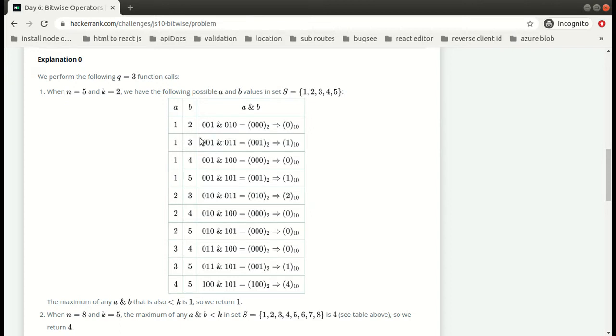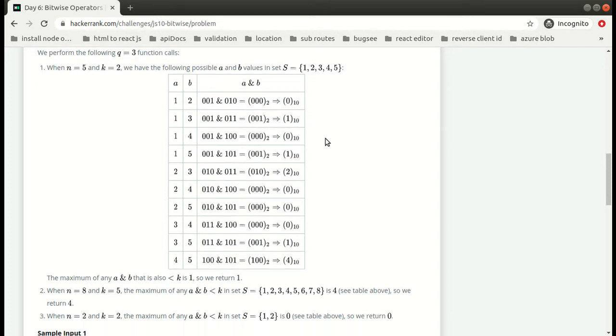Now if we have a look over here, we have this as 1 and this as 1, so the result will be 1, and these two will be 0. When converted to base 10, we get 1.